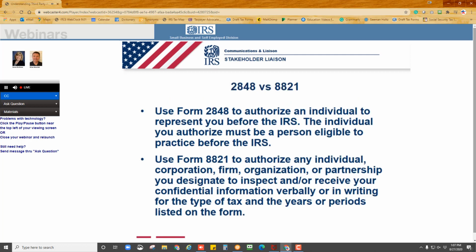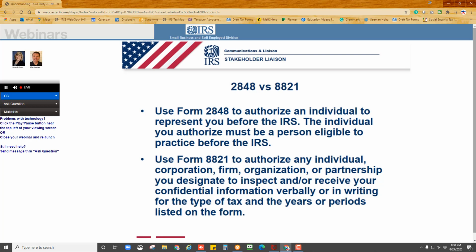So let's proceed. Today we're mostly going to be talking about Form 2848, but let's take a moment to explain the difference between Form 2848 and Form 8821. Form 2848 is used when the third party is representing the taxpayer before the IRS. And you need to know that the person who's representing the taxpayer needs to be eligible to practice before the IRS. That includes enrolled agents, CPAs, and attorneys, and in some cases, a person who is a participant in the